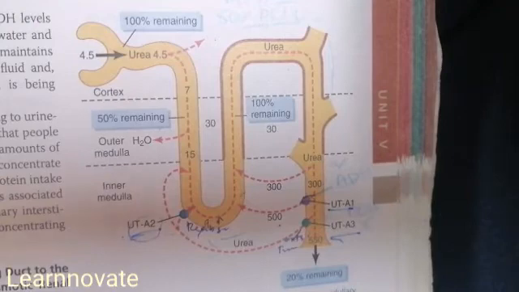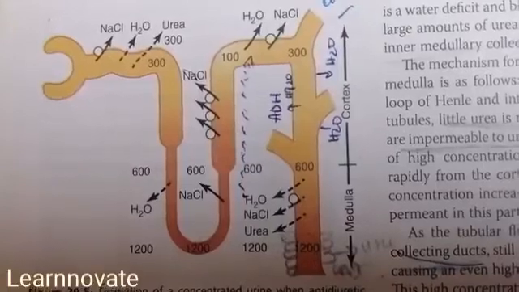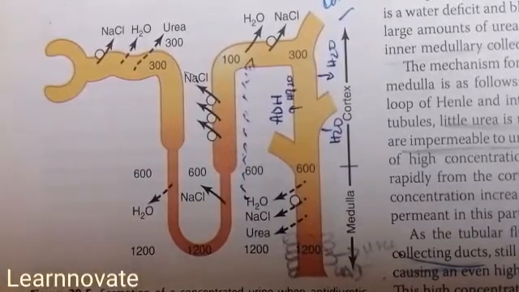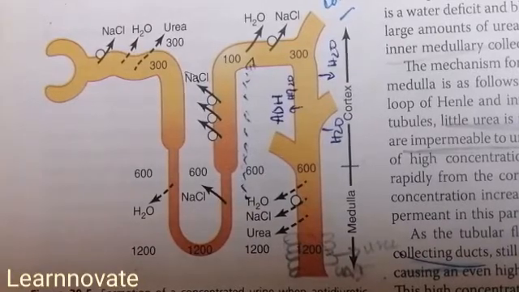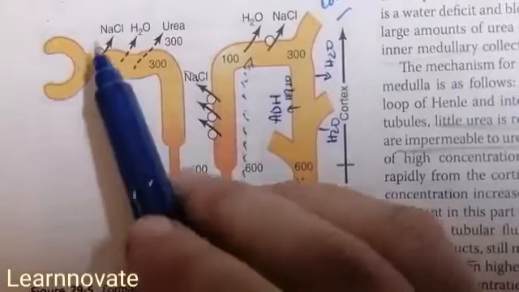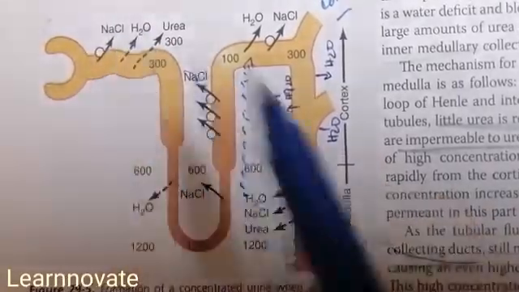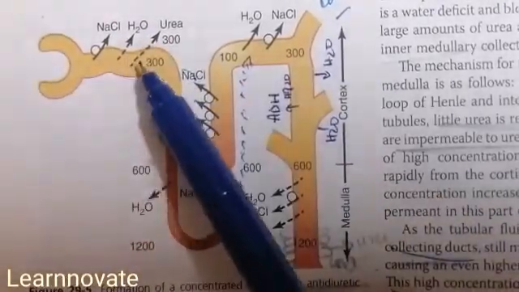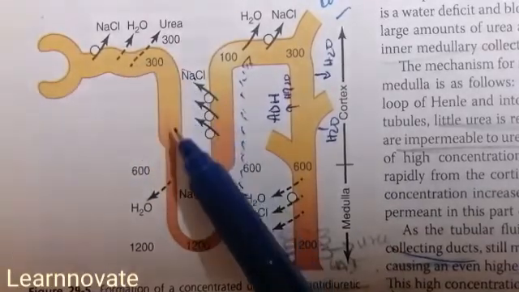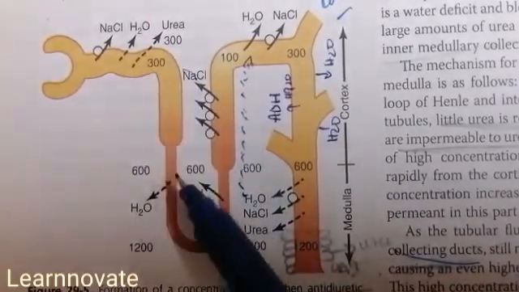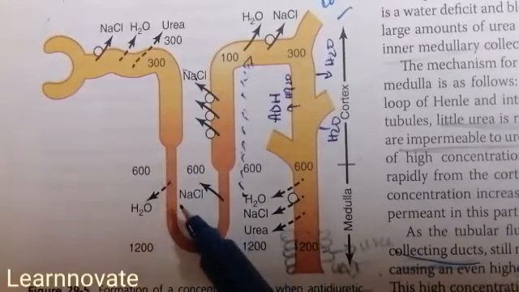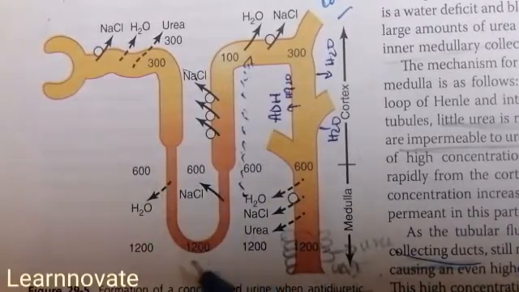Now coming to the last diagram shown in your book, chapter number 29 of Guyton, which is about the ultimate concentration of the urine by all the mechanisms. Here you can see the final diagram showing how the concentrated urine is formed. In the proximal convoluted tubule, there is isotonic reabsorption of salt and water both. Solute and water are reabsorbed in equal amounts, so there is an isotonic fluid. Then in the descending part of the loop of Henle, water is reabsorbed but the solute is not, so there is hypertonicity of the tubular fluid.